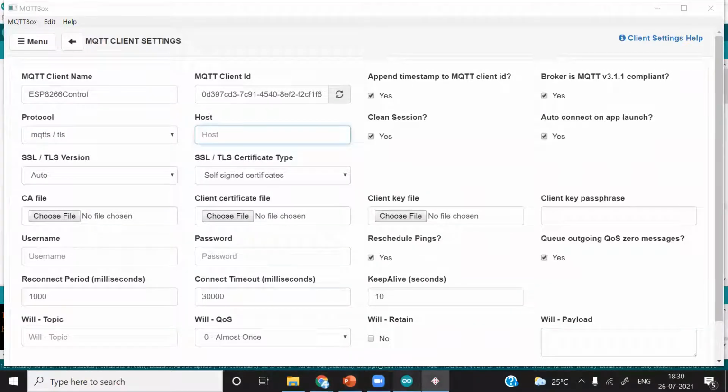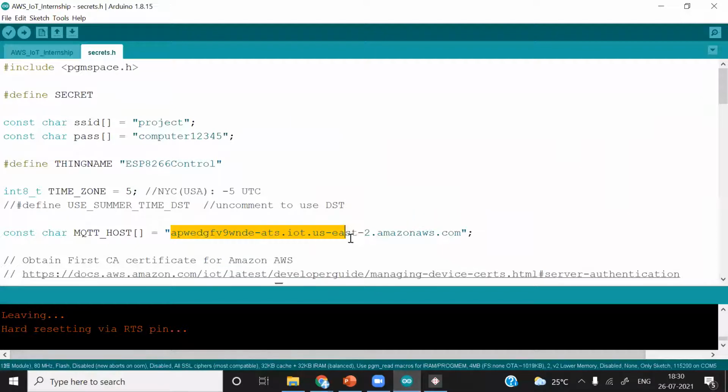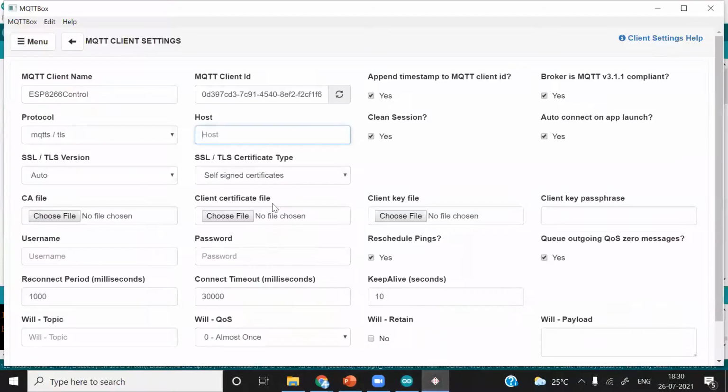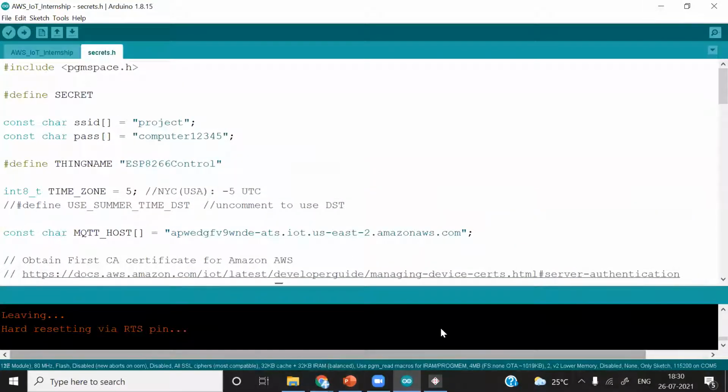To get the host name, you can copy from here, or you can go to the AWS IoT console, go to settings, and copy it from there also. Control V. I'll just check if recording is on or not. Yes.